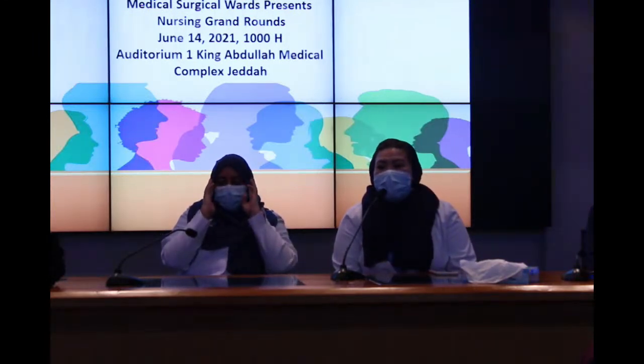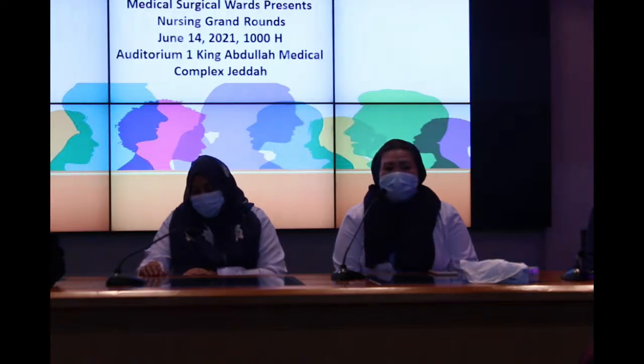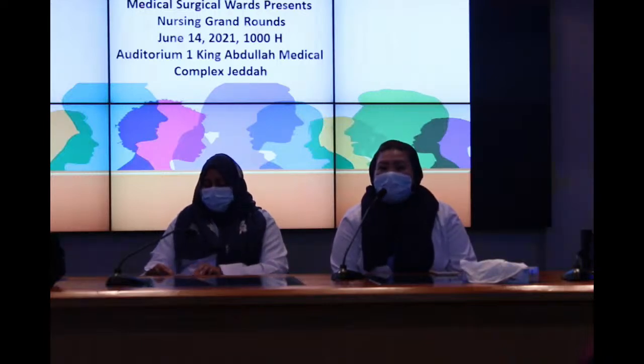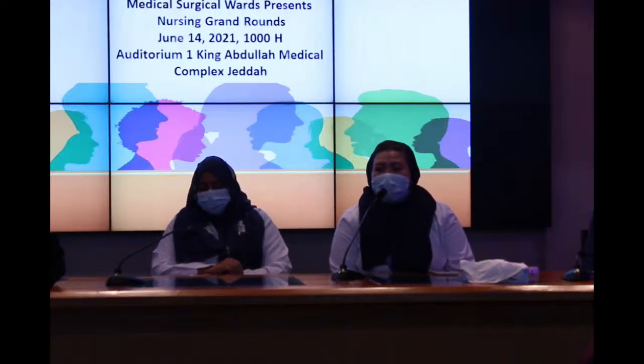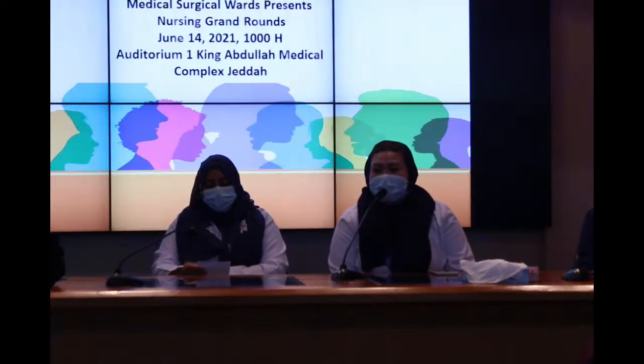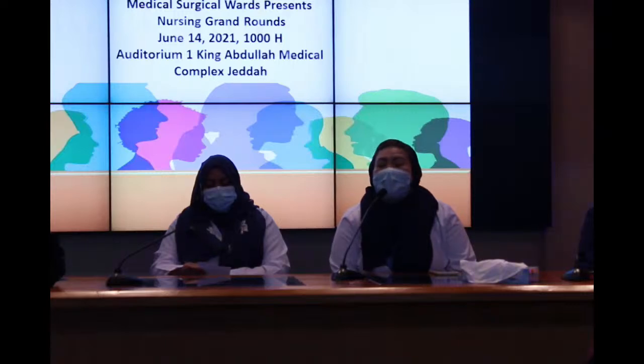If you open all the shared folders for the policy and procedures, you can find it there. You can check it in the search field. Type reduce the risk of patient harm resulting from fall. Otherwise, you can go directly to the quality shared folder. You can find it there under the APP or administrative policy and procedures. It's the last policy there. It's APP Gen 295, reduce the risk of patient harm resulting from fall.